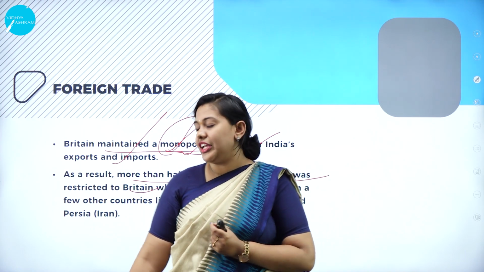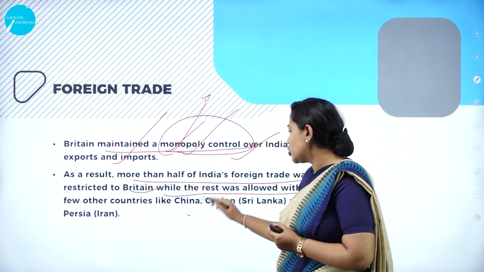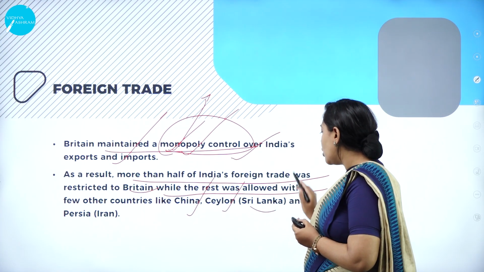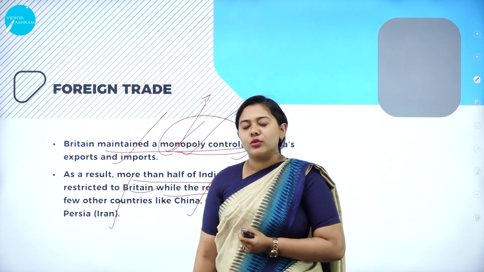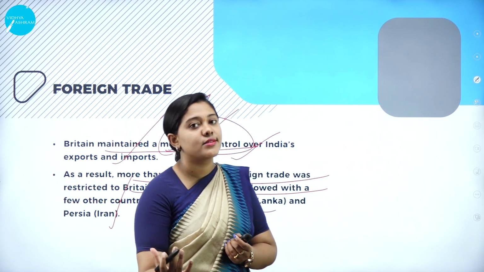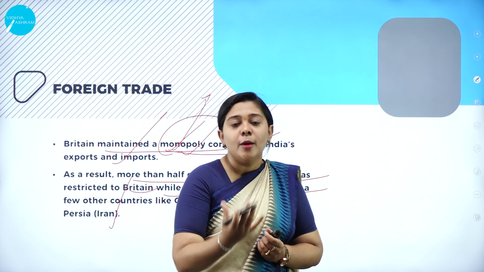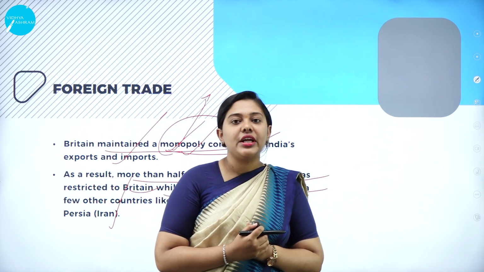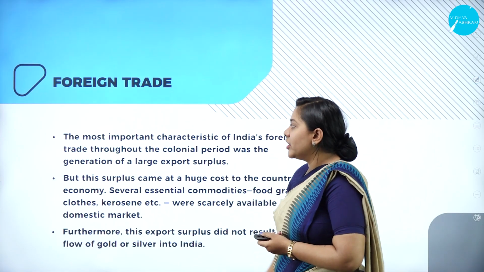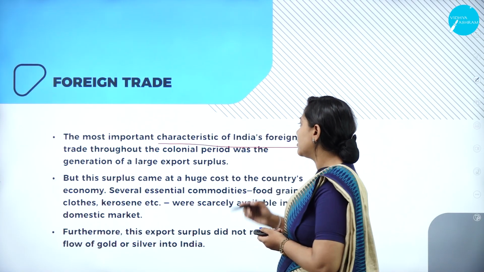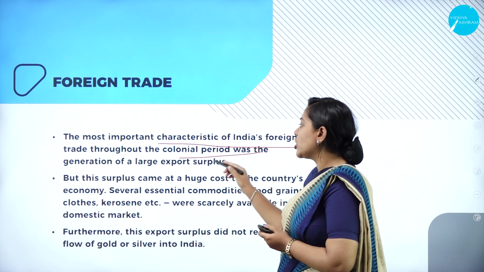not to other countries. The rest was allowed with few other countries like China, Ceylon, which is now called Sri Lanka, and Persia, which is Iran now. So only for these countries we were exporting. It was very limited and restricted because of the monopoly situation that the British had created in India. Moving forward, the most important characteristic of India's foreign trade throughout the colonial period was the generation of